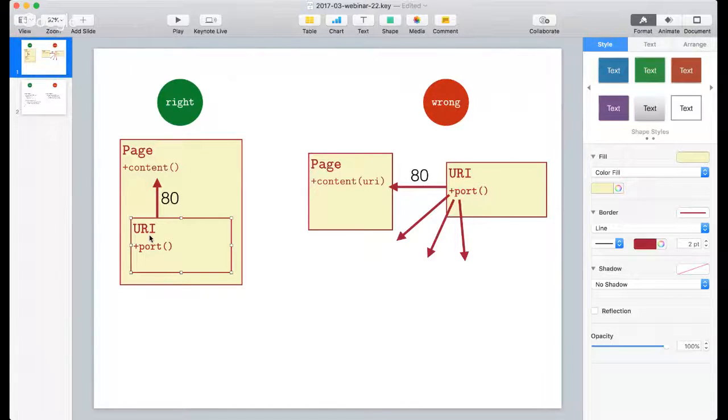But if you want to ask the object to generate some data for you and get that data out, then it's better to put that extraction process into the safe border of another object. So only this page will do that. If you need it somewhere else, you will also encapsulate the URI, and you will do it in way fewer and smaller places compared to the situation where you can do it anywhere. So all your usage of URI will be encapsulated in bigger objects. Here in this case, it's a page.